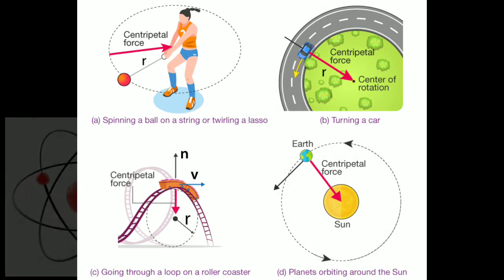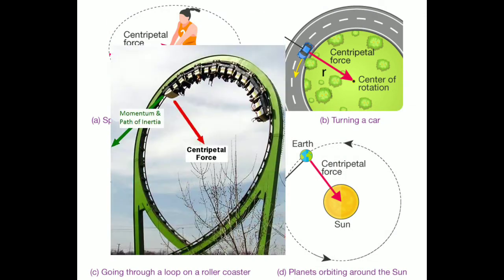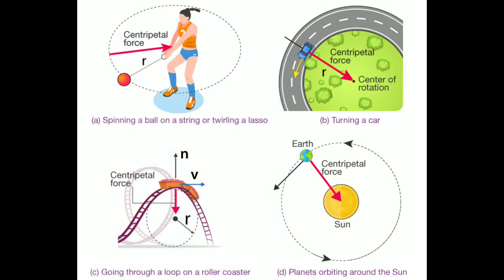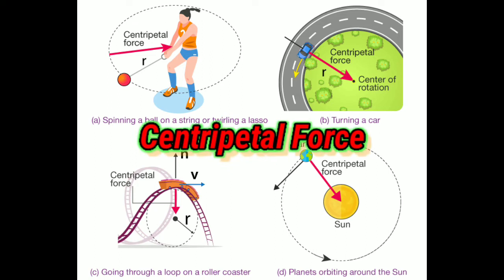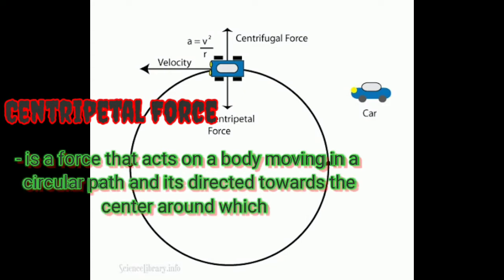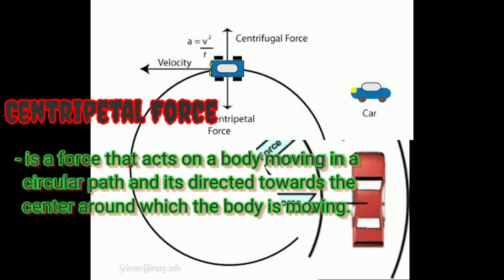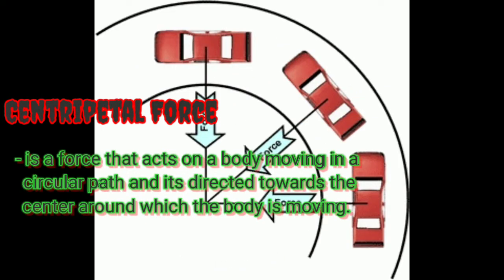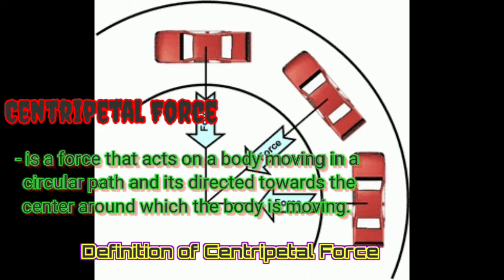The forces are in different forms, but they act as a centripetal force. All those forces do the same thing of keeping the object in a circular motion. Hence, these forces are called the centripetal force in those circumstances. Now we know that the centripetal force is just a force that acts on a body moving in a circular path